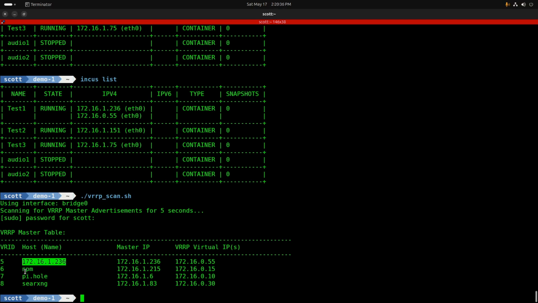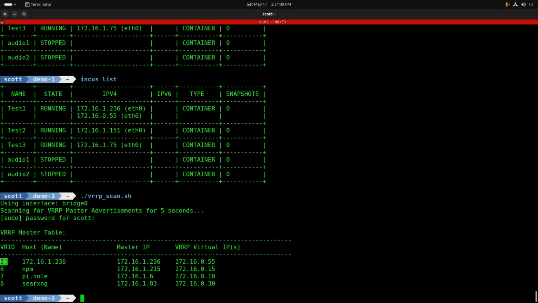The reason it doesn't have a name like the rest of these is because I did not put a DNS name in my local DNS. So its master ID or master IP is the same as the host name in this particular case, but we now see that it is running at virtual IP